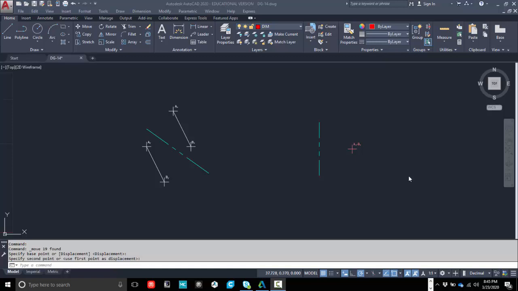Now, descriptive geometry is a little crazy, but actually, if you think about it, it's just rotating an object to be able to look at it in true shape or the actual true length, and there's certain things that we have to do to get there. All right, so this is just an example that is actually one of your problems. Looks like it's DG14. So this is an example of I have a line, AB,